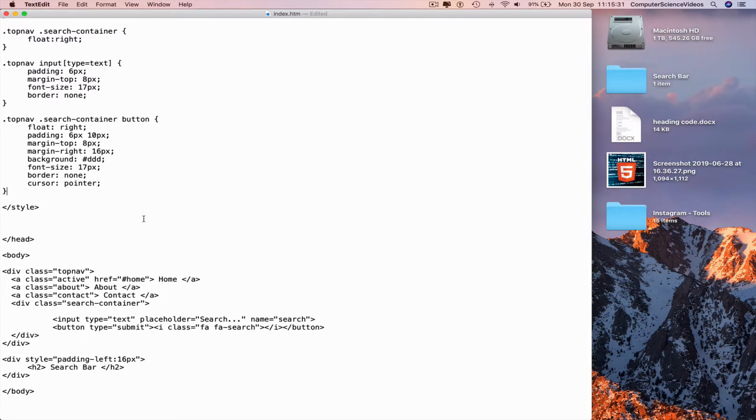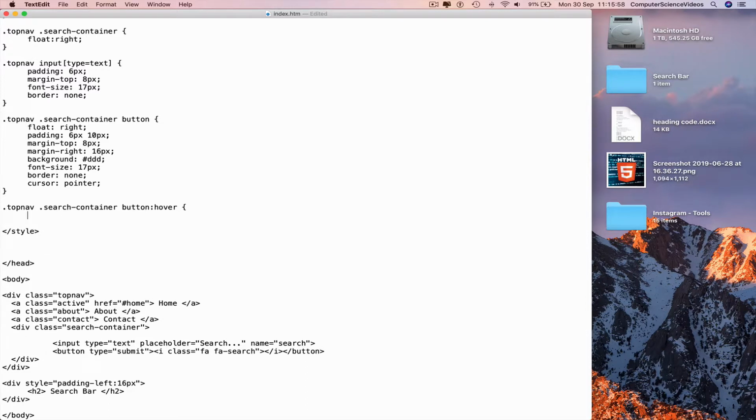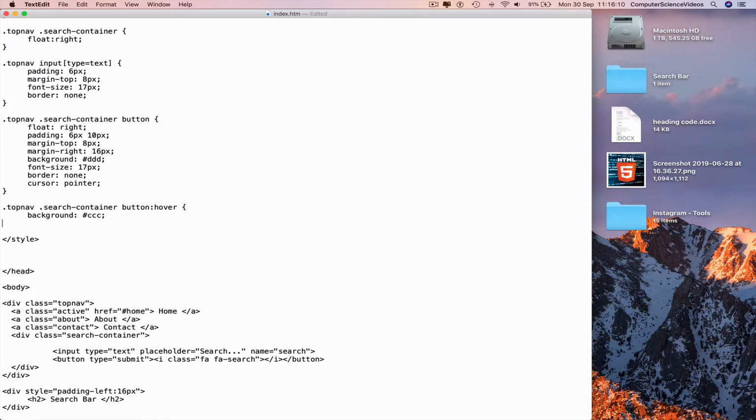now we can go to a new line and type dot top nav dot search container button. Take that from the top, highlight, copy, paste. After button, we need colon, hover, curly brace, new line, background, colon, hashtag triple C, semicolon, new line, curly brace, command S to save, go to a new line,